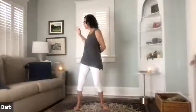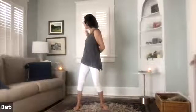Coming back to the center. And now moving toward the left. Now you don't need to push your hand back for this one. So the palm is still going to be facing your left. You don't have to face it behind you. Coming back to center, keeping your knees nice and bent. We're going to go now again, using the same arm. We're going to go to the right,